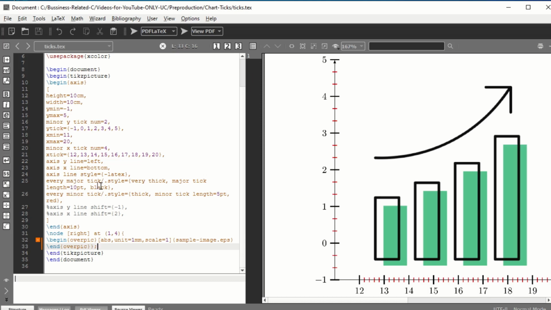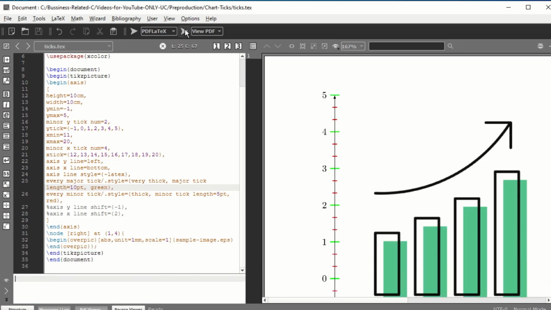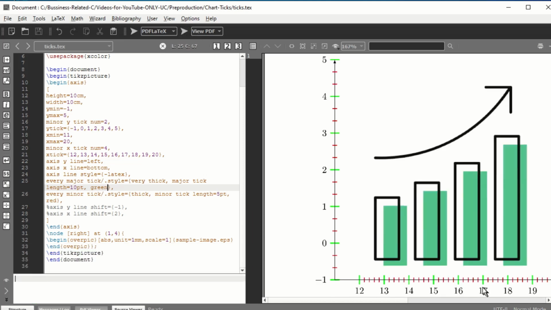So in this major tick area, here in this line, instead of black you can type green for example, and now if I recompile and just view, you can see that these major ticks will appear green. So this is how you can put axes around any image in LaTeX, and you can manipulate the graph axis and the major and minor ticks.